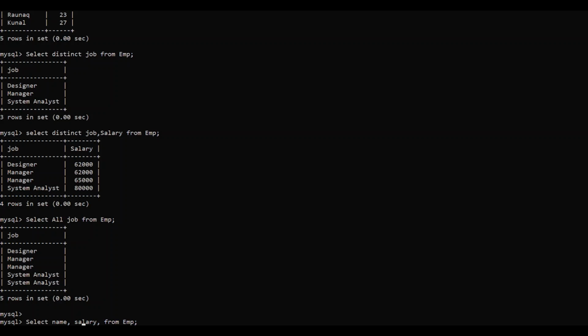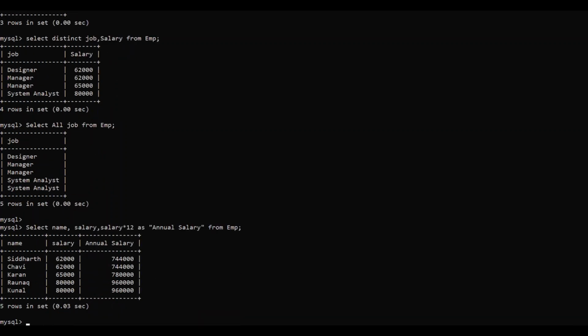If this salary we assume as the monthly salary, annual salary will obviously be the monthly salary multiplied by 12. But in my output, I do not want this formula to appear. Rather, I want an alias name or a nickname for this particular column. So I write select name, comma salary into 12 as annual salary from EMP.